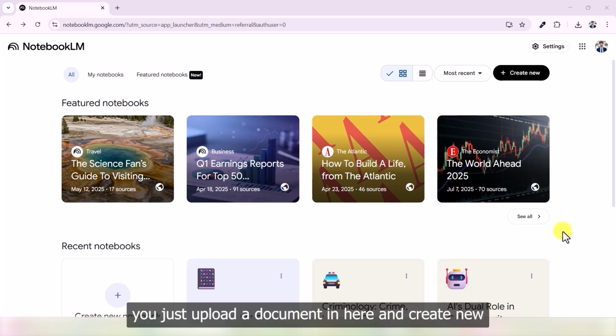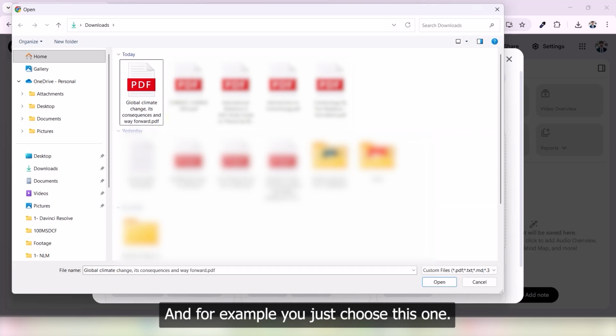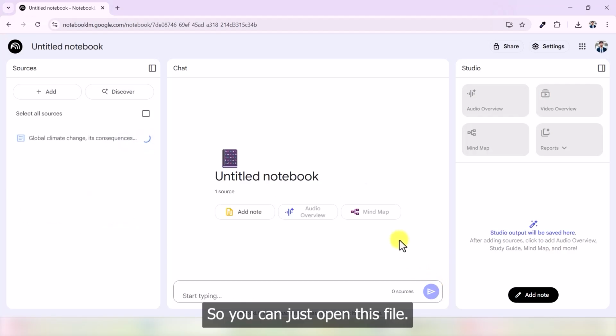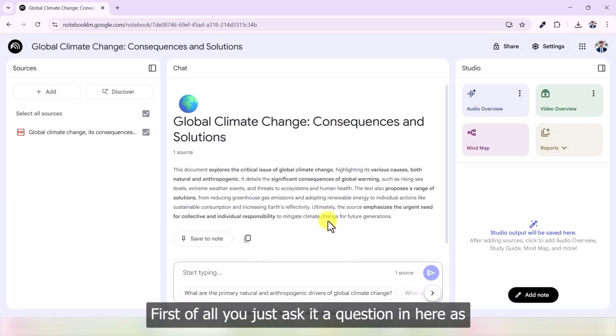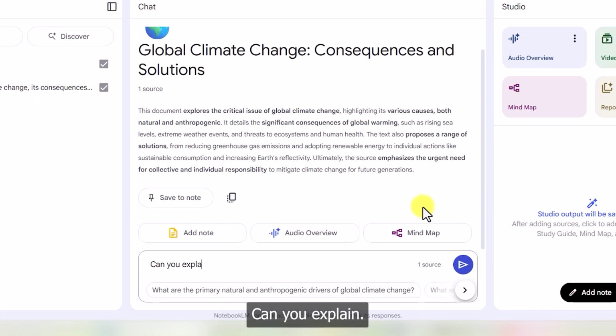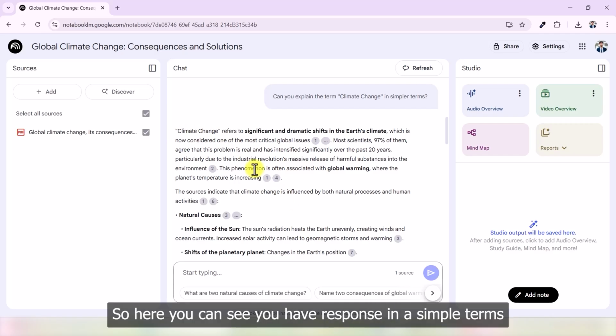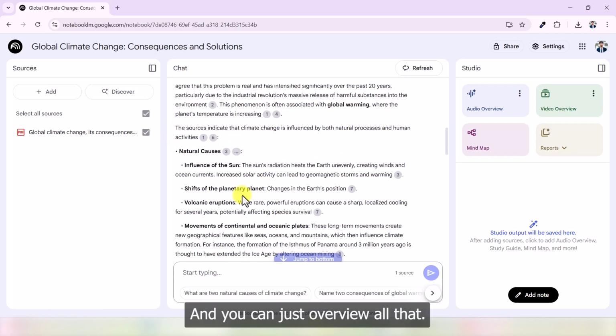For example, you just upload a document in here and create new, upload a source. And for example, you just choose this one, global climate change, its consequences and way forward. So you can just open this file. First of all, you just ask it a question in here, can you explain the term climate change in simpler terms? And press enter. So here you can see you have a response in the simpler terms for climate change, and you can just overview all that,